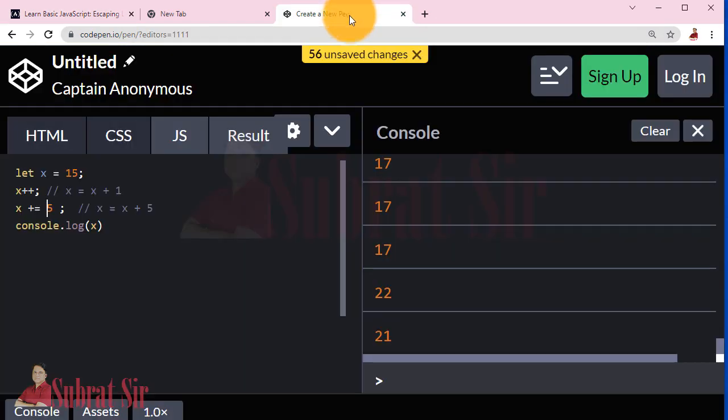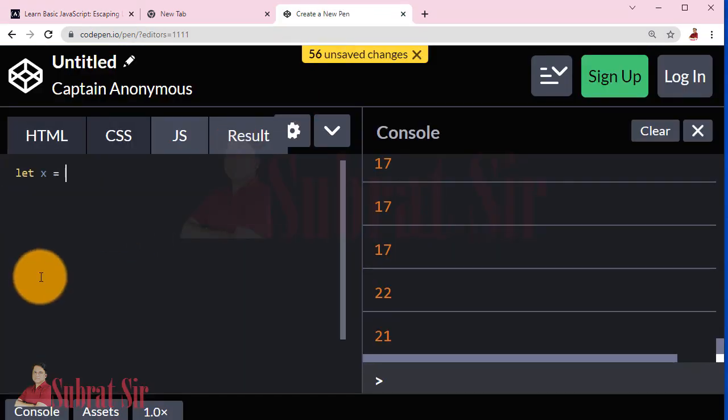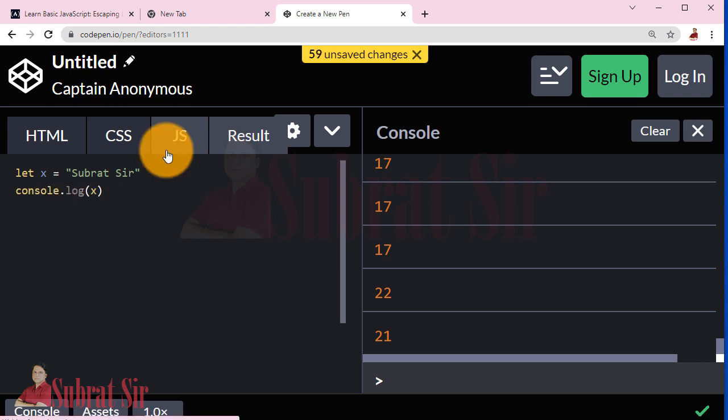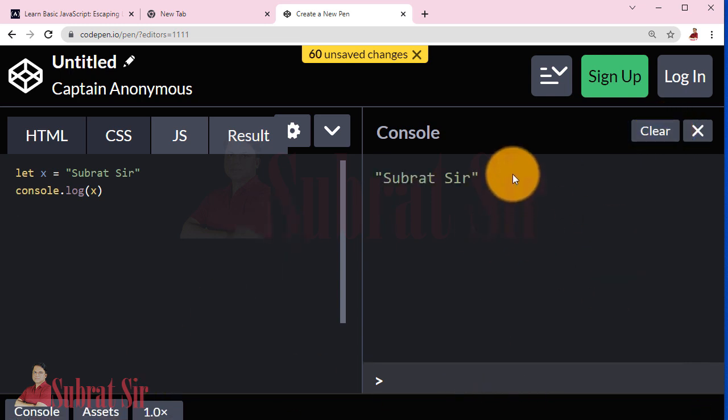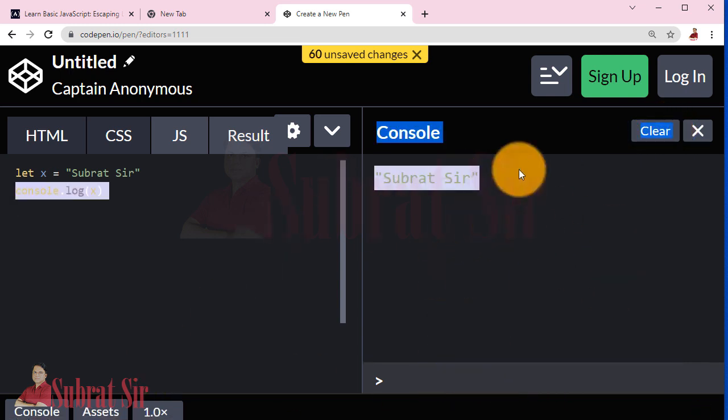Escaping literal quotes in strings. Suppose you want to write let x equal "Subrat sir", console.log x. So the output is Subrat sir.